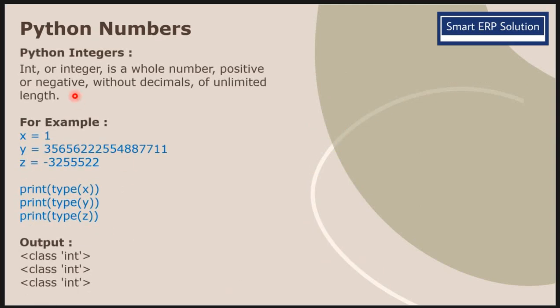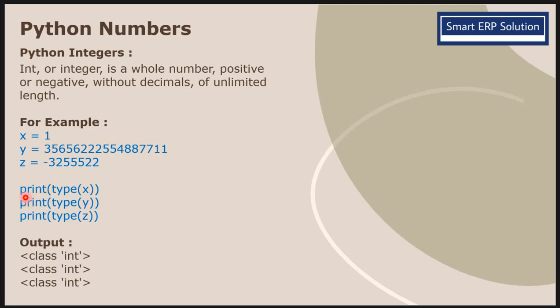Python integers. Int or integer is a whole number, positive or negative, without decimal, of unlimited length. For example, x equal to 1 is an integer variable. If we write y equal to this long number, then Python also considers y as an integer variable. And if we write z equal to minus 32555522, then Python will consider z as an